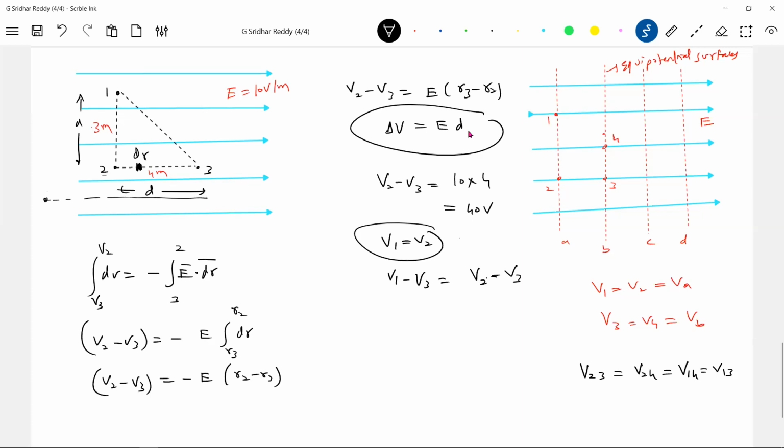R3 minus R2 should be equal to D, no? You take a reference point somewhere here. Okay, like this. We can conclude regarding equipotential. So now in this particular field, either you calculate the potential difference between 2, 3,